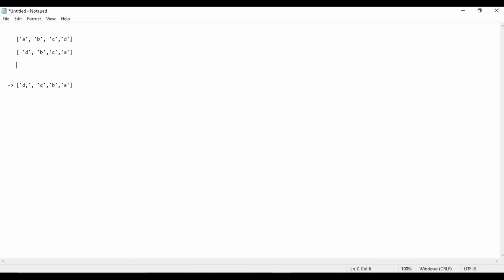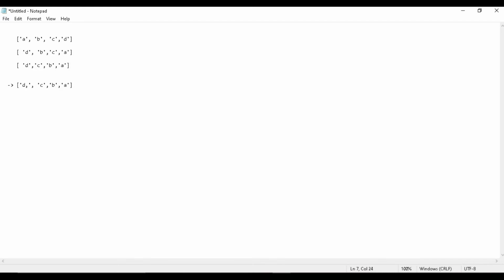Next, how can I reverse the rest? See, these two are reversed in their positions, and then I come here to B and C. I can just reverse them. I can put D and then C and then B and then A, which is already swapped.